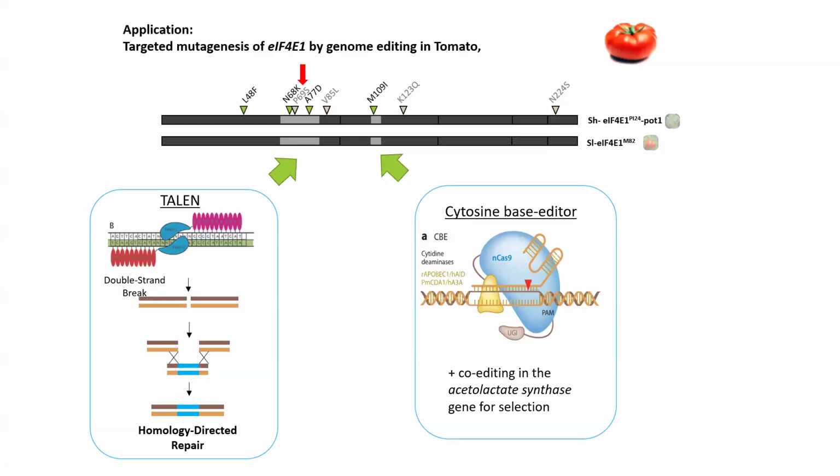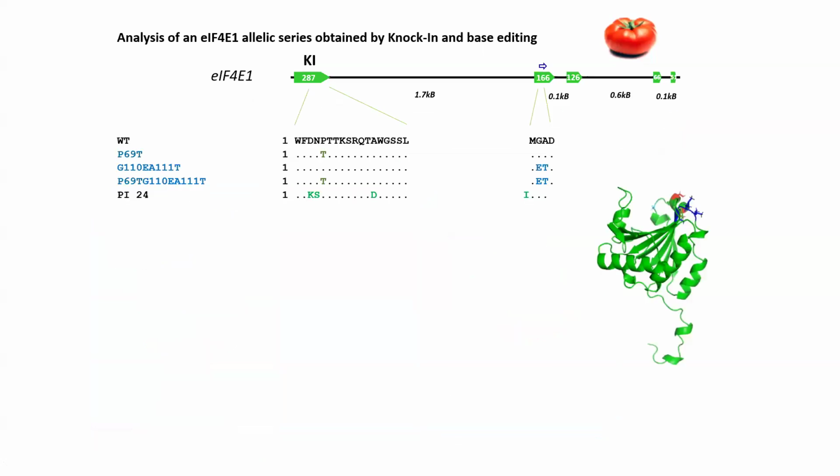But we also use it to have a faster selection of the mutation. We use a co-editing system with ALS to select mutations directly through resistance to chlorsulfuron. I'm not going to show you all the details, but in the end, we managed to get at least 15 alleles with modification in EIF4E, which means it's a way of generating a high level of diversity at a single locus in the